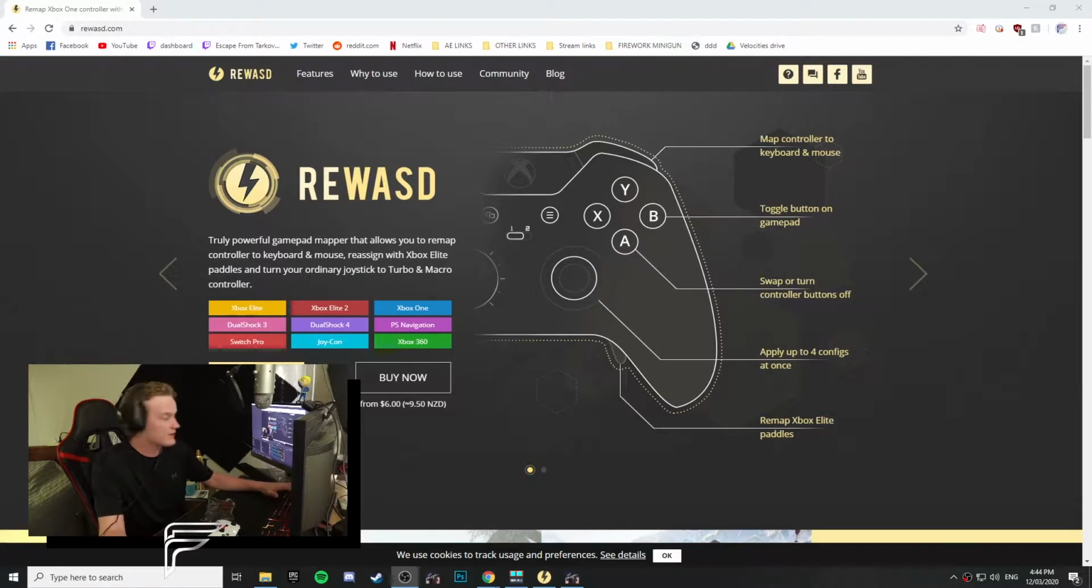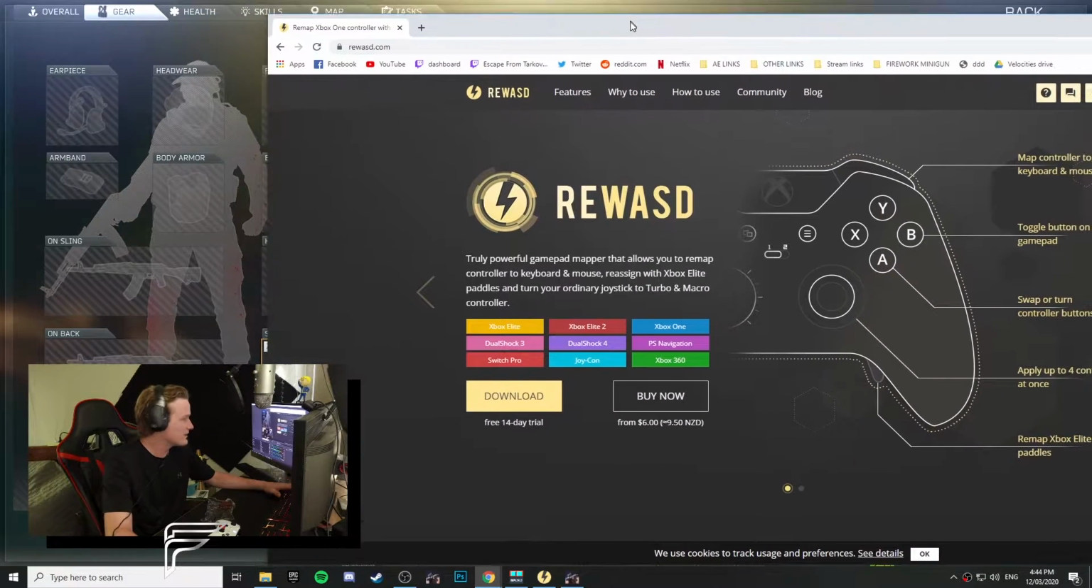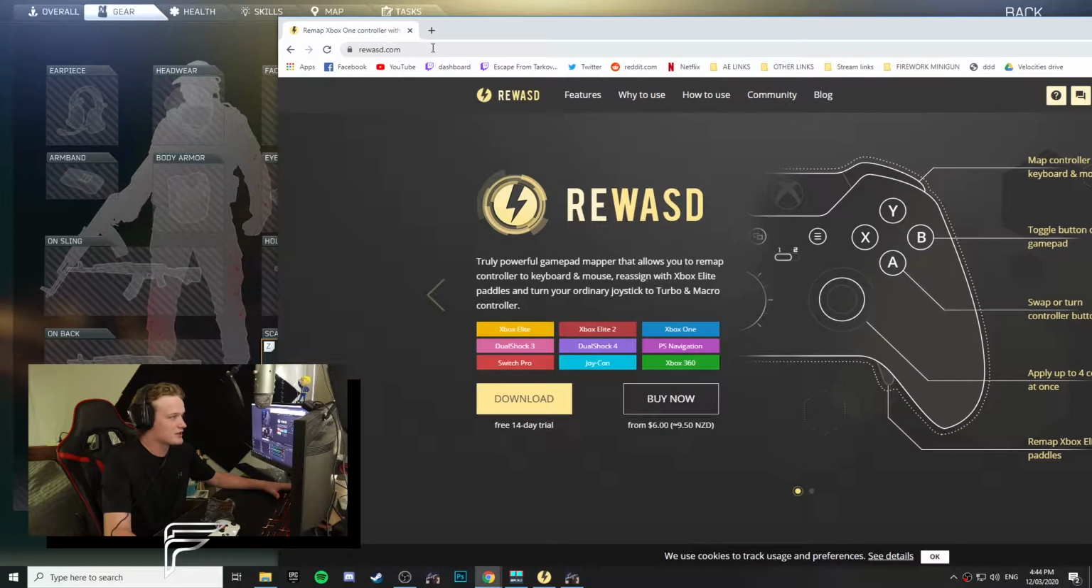Alrighty guys, in today's video we're going to be covering how to play on a controller or different gamepad using Redouble ASD for Escape from Tarkov. Now this is a fairly simple process here guys. I'm actually hiding this one here with my webcam just slightly. But what you're going to do is you're going to go to